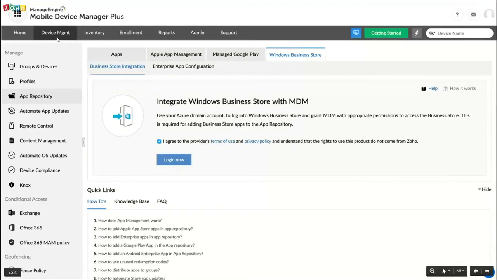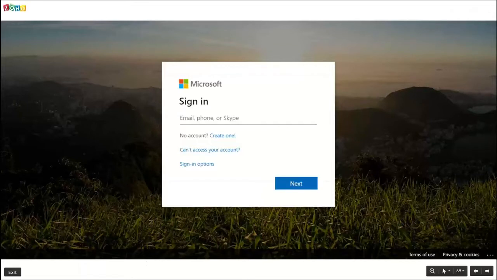So you need to move to device management, app repository, and when you click on Windows Business Store, you will get the option to integrate the Business Store with MDM as the first step, to which you need to agree and click on Login Now, which will take you to the sign-in page where you need to provide your credentials.